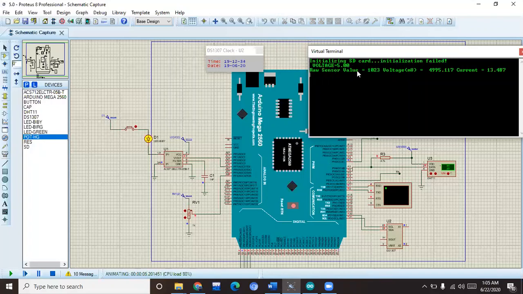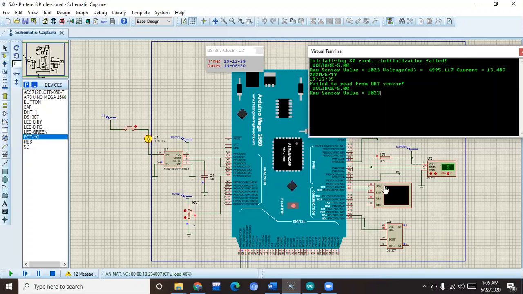Raw sensor value is basically the value that the current sensor is obtaining from this pin, and this millivolts is basically the result that the current is producing in this Hall element as a result of the magnetic field, and the current is calculated from the results of this voltage. Now after this part, we have the current and voltage part done.